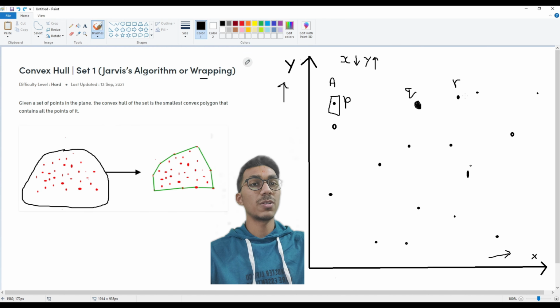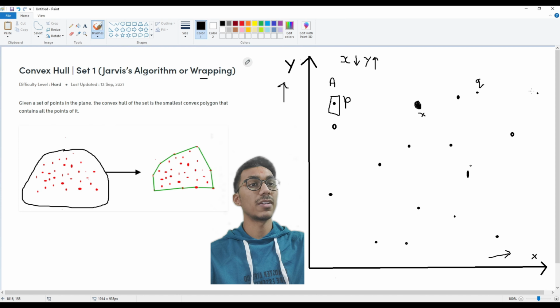The R is on the right hand side of Q, so this point will be rejected. Hence we will exchange the Q and R values. Now the R is on the left of the P. Again we will swap Q and R here. Now the point here is on the left hand side, so this P point will be remembered. This will be P, this will be Q and this will be R. Again the R is on the left hand side,